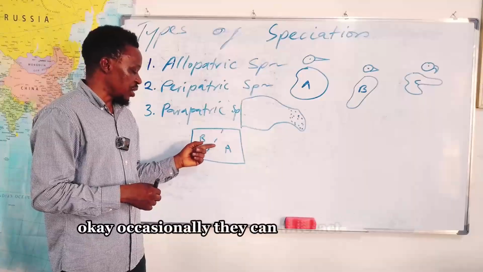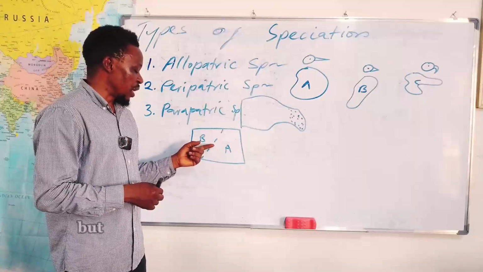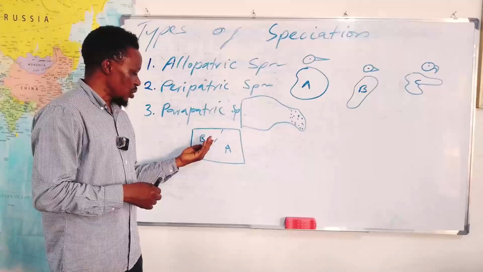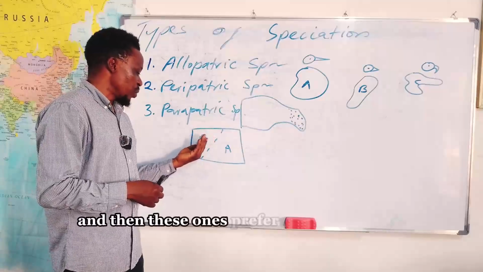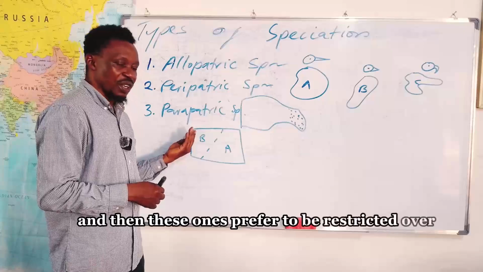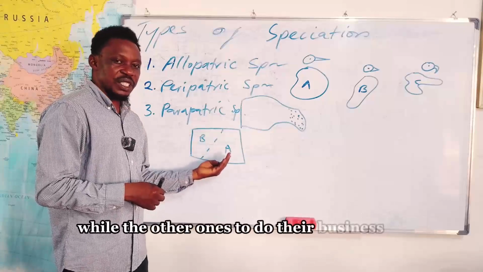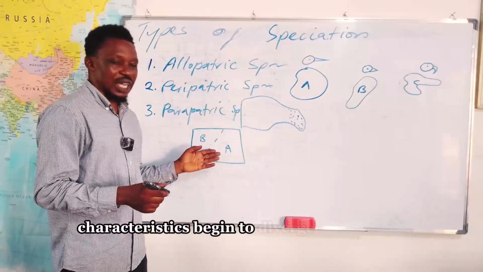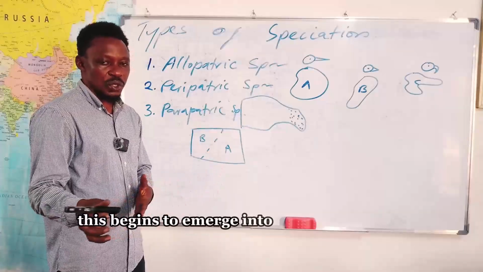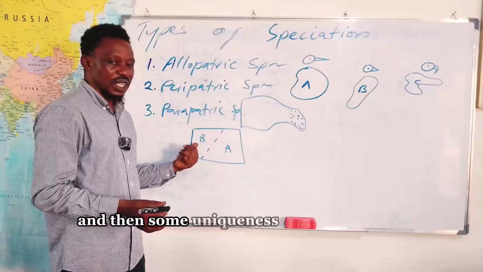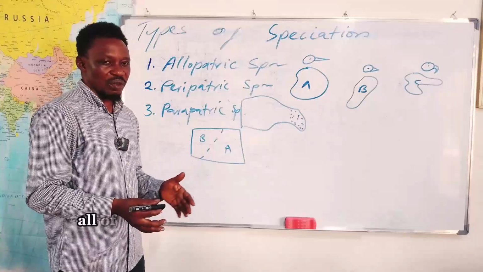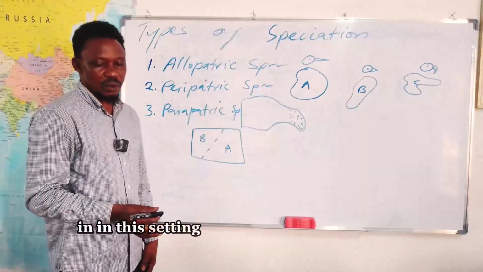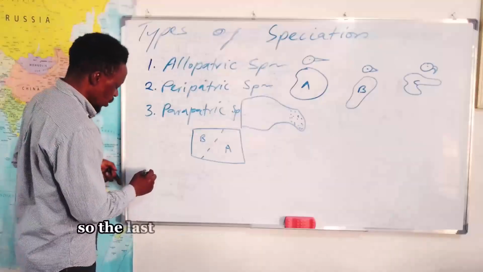Occasionally they can interact, occasionally they can breed, but generally, because of this partial separation, there's a reluctance, and these ones prefer to be restricted over here, while the other ones do their business over here. And after some time, characteristics begin to diverge. This begins to emerge into some form of uniqueness, and then some uniqueness will begin to emerge over here. So all of that accumulation of uniqueness brings about speciation in this setting, which is parapatric. All right. So the last one here is